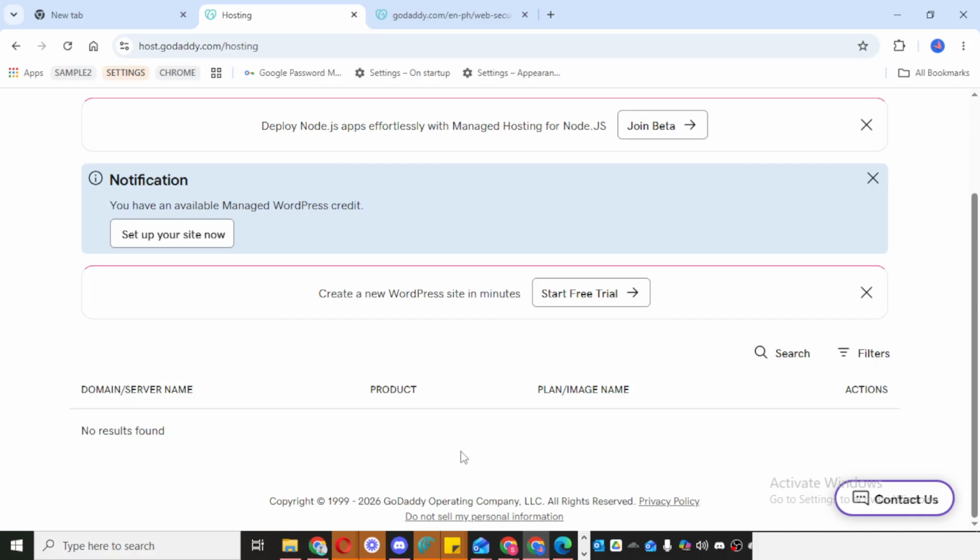In that same area, you should also see the available options for different hosting plans. GoDaddy usually presents several choices depending on the features you need. For example, some plans may offer more storage, better performance, or support for higher traffic. The important thing here is to look through the available plans and decide which one fits your website needs best. If you are just starting out, you may want a simpler plan, while larger or growing websites may benefit from